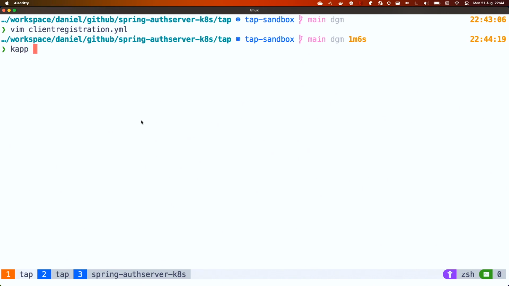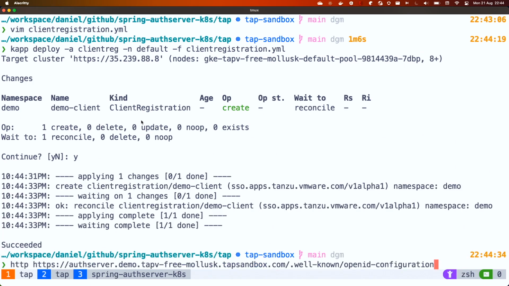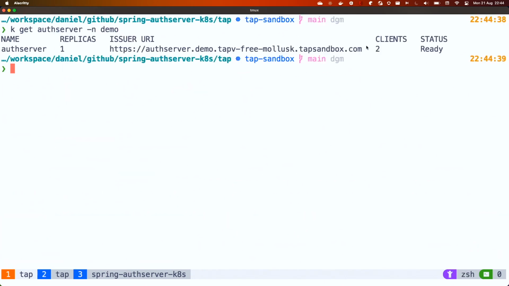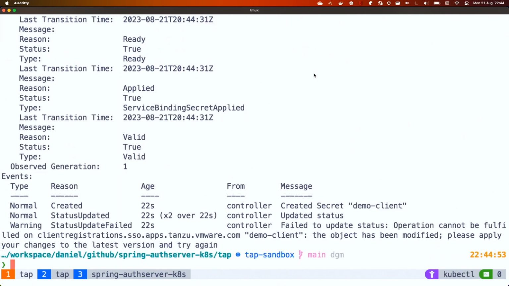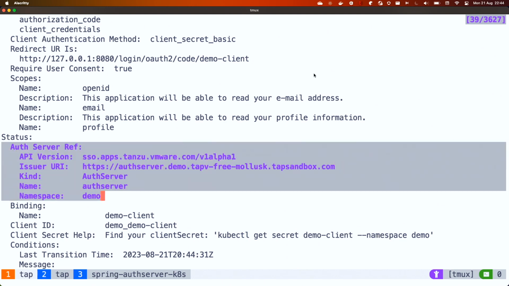So we can apply this. Again, kapp deploy. I'm going to call it client-reg. Why not? And the file is client registration. So I apply this. Okay. And then I can look at my auth server again. This one. And let me put it on top. This one now has two clients, right? Because I added a new client through that client registration. I can describe the client registration in the demo namespace, and it's called demo client. And so this gives me the spec that I applied, but it also gives me in the status some things